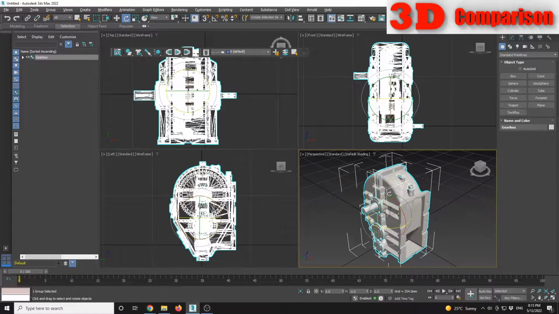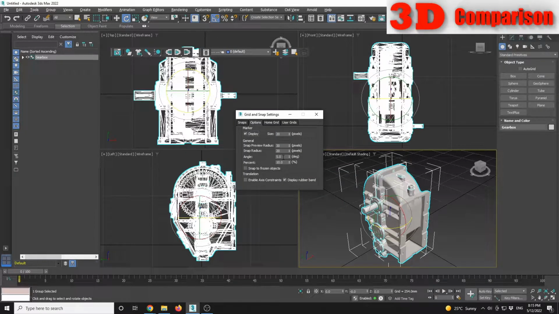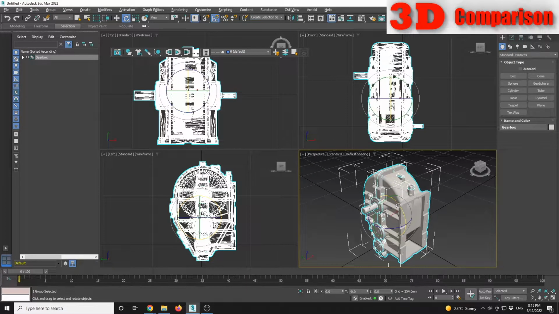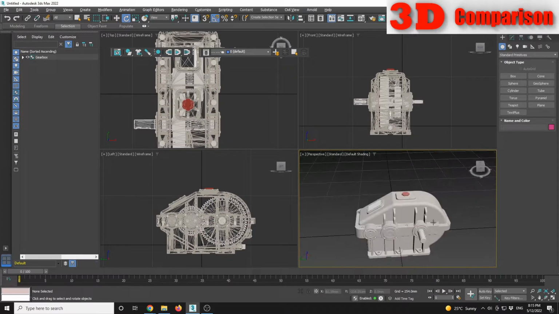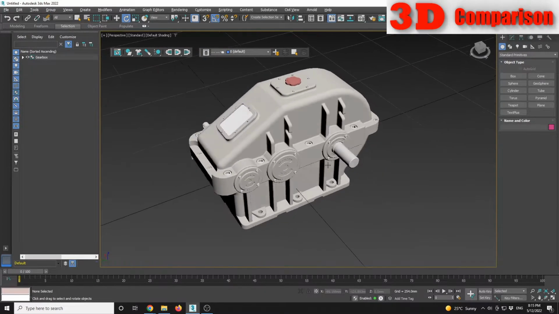I'm going to press E for rotate, and after that I'm going to enable angle snap toggle. So I'm going to keep that activated. It should be by default set to 5 degrees. And I'm just going to rotate the gearbox 90 degrees over here. After that I'm going to maximize the viewport,